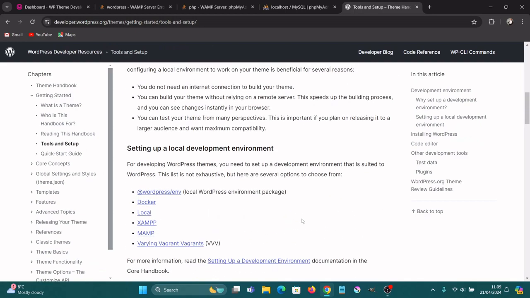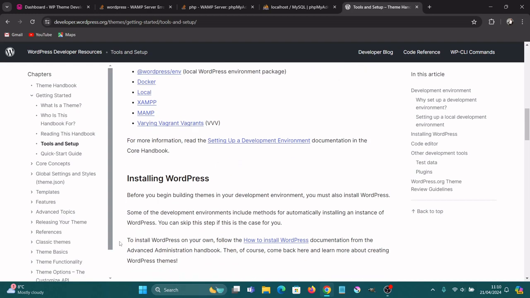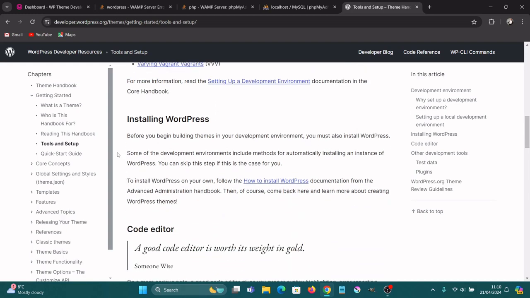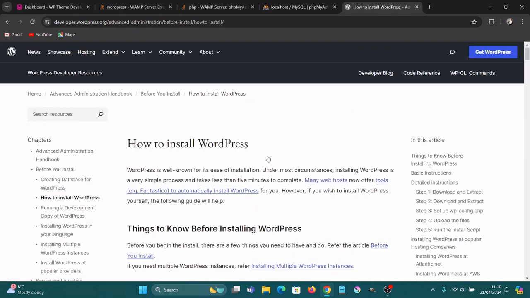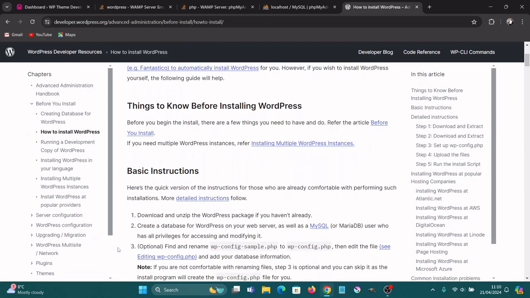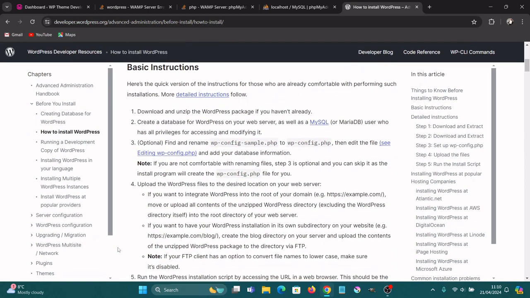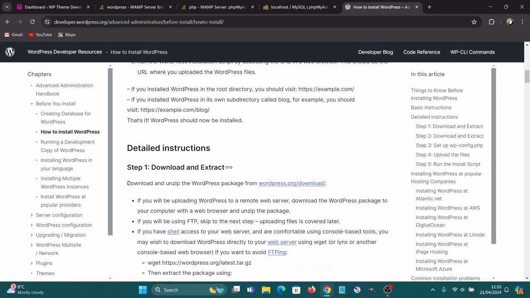And it says here, set up a local development environment. That's downloading things like WAMP, MAMP, XAMPP, Local, Docker, all kinds of stuff. But for PC, I'm using WAMP. It says installing WordPress, okay, job done. And if you click this link that says how to install WordPress, and this is, if you've done this already, pretty easy stuff, but you've got your basic instructions, yes, read it, but then just underneath you've got detailed instructions,